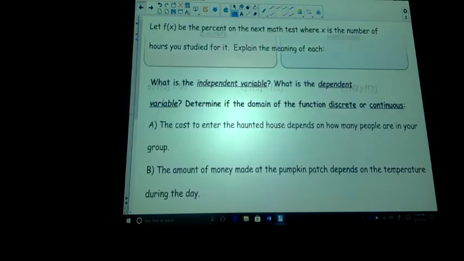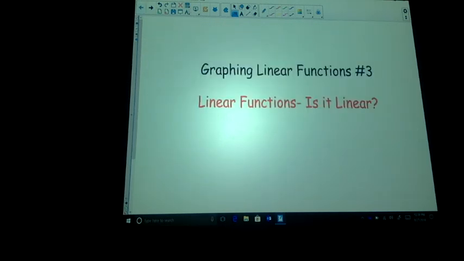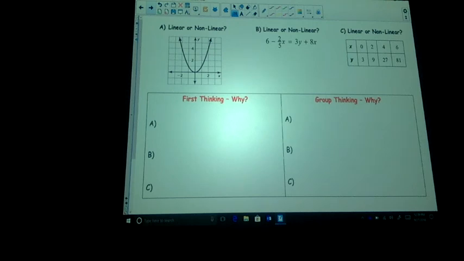Great questions from the homework, by the way, everybody. Okay, graphing linear functions. Is it linear? I don't know what that means. Let's find out. So this is nonlinear. Why is that? It's not a straight line, right? Make sense? What about this? What do you think? Is that linear or not? Yeah. It is. The reason why letter B is linear, even though we have a bunch of x's and y's,